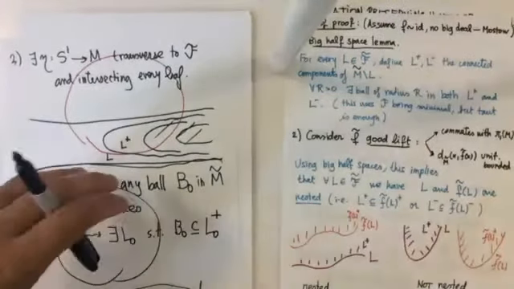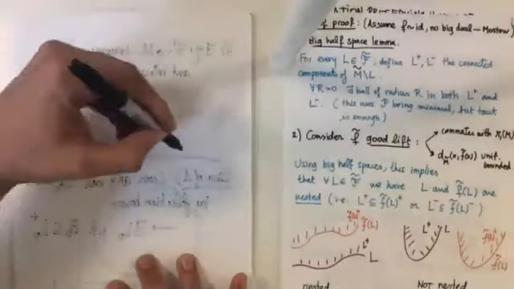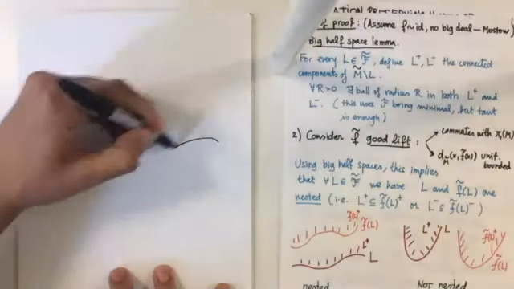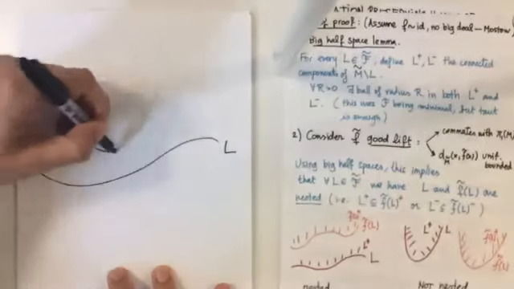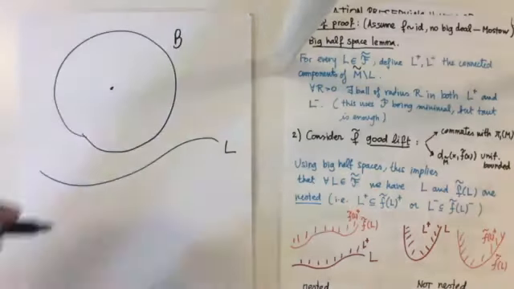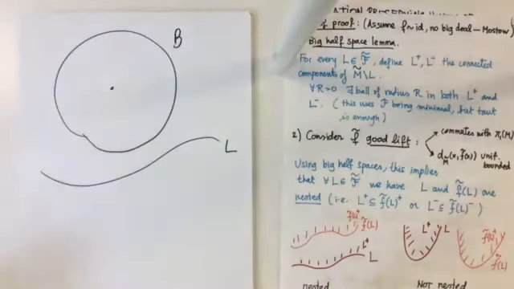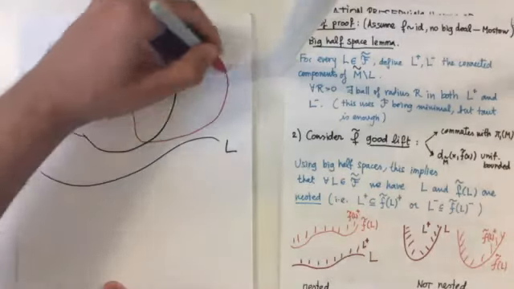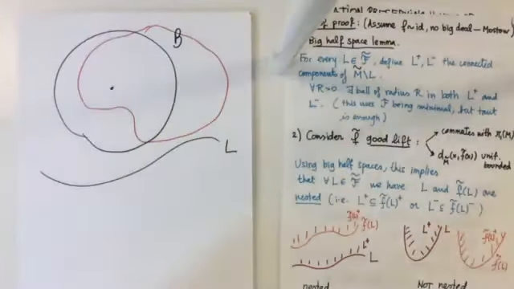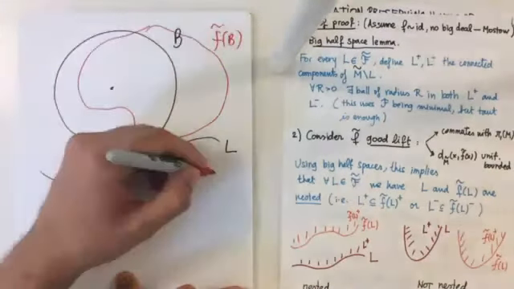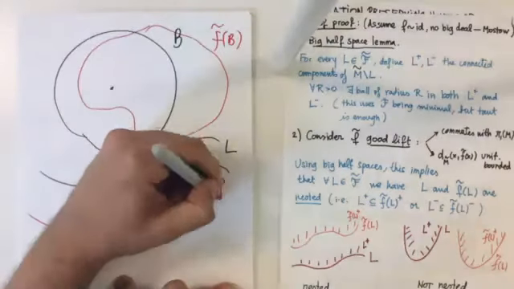And the fact that the balls are very big in each space, so you have L here. Let me throw this page. So you have L here, and you have a ball here which is much larger than the distance from F to the identity. So the image by F of the leaf, a priori you don't know, but you know that the ball cannot separate so much. And so the leaf, this would be F tilde of B. So the leaf must be what we call nested with L.